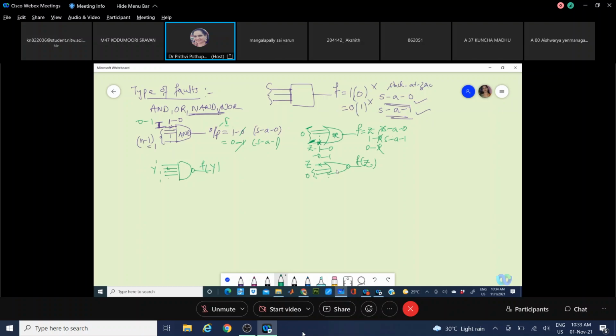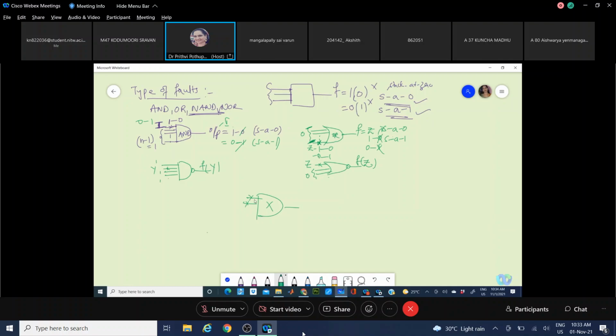Now any line, any component, or any segment can give you a fault. When I take a circuit or a 2-input gate, a fault on this line can give a fault, a fault on this line can give a fault, and a fault on the chip itself can give a fault.